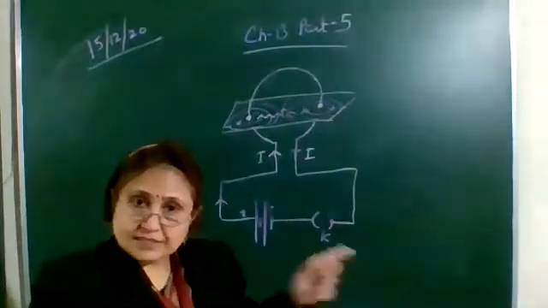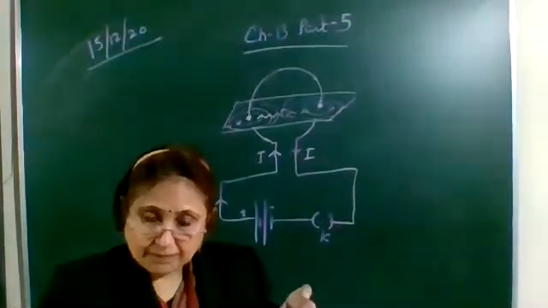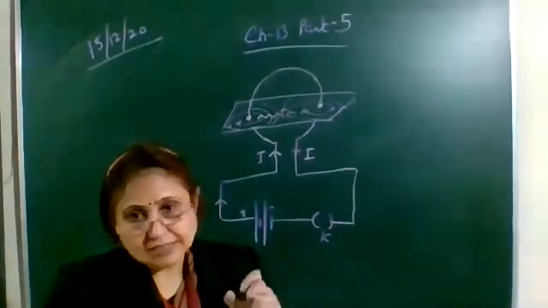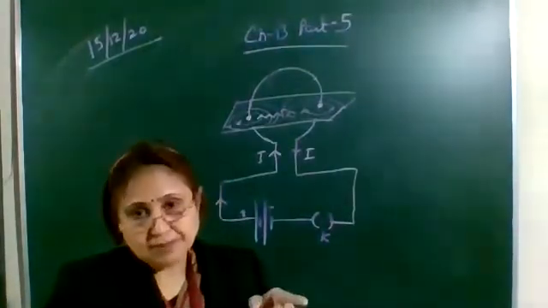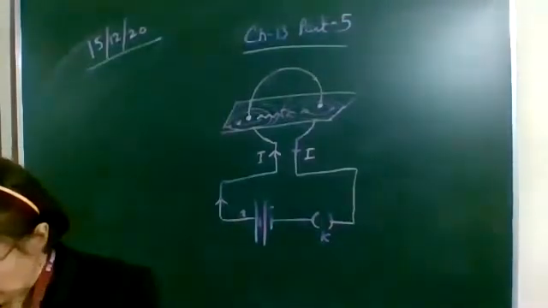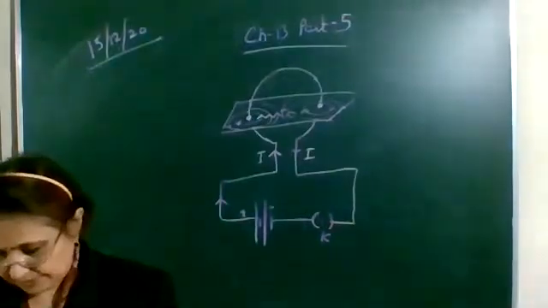At the center you will see that the arc, which is part of a circle, looks like a straight line, so at the center the magnetic field line will be perpendicular to the plane of the board, inwards. So this is the magnetic field line due to a circular loop.